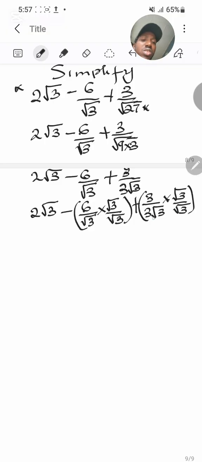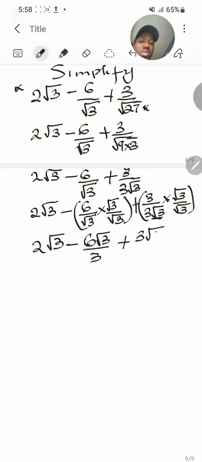Don't forget, I'm only using this root 3 part to multiply both up and down. I don't need to use the 3 with this. So this is 2 root 3 minus 6 times root 3, which gives 6 root 3, all over root 3 times root 3, which gives 3, plus 3 times root 3, which gives 3 root 3, all over